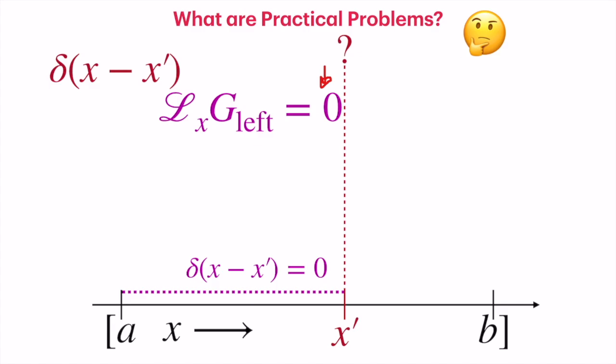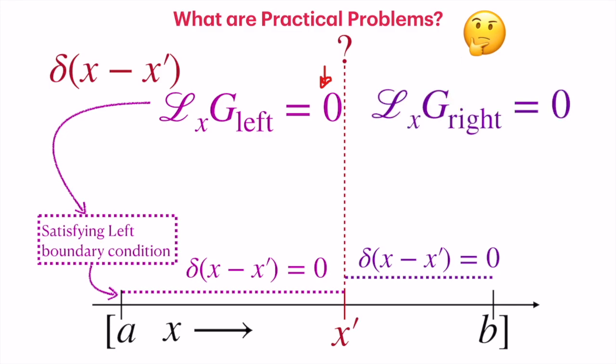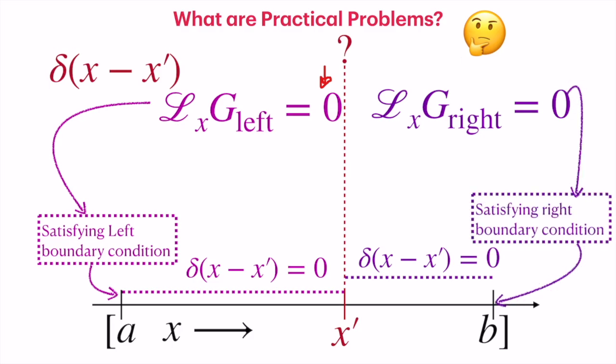This we call the left hand side solution because it is to the left of x prime, or x is smaller than x prime. This solution g left should also satisfy some boundary condition at the boundary x equal to a, the left side boundary condition. We have a region from x prime to b. In this region also the delta function is 0, and here also we have to solve a homogeneous differential equation, L of g right equal to 0. So g right is a solution which again needs to satisfy the boundary condition at x equal to b. These boundary conditions are the original boundary conditions given for your differential equation with the source term.